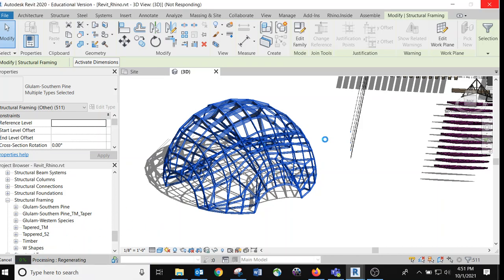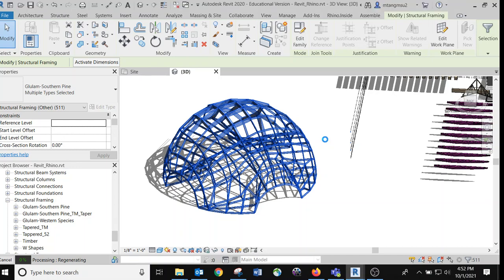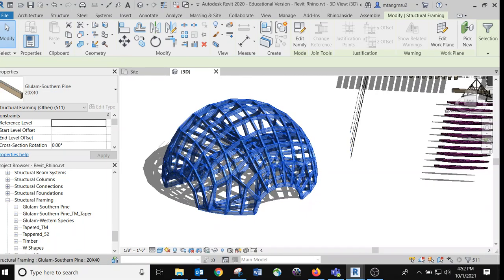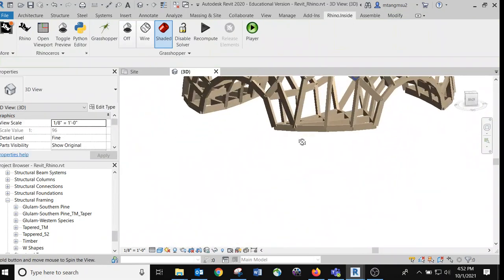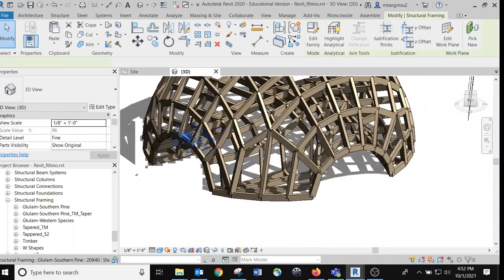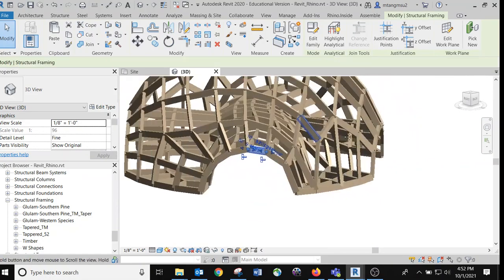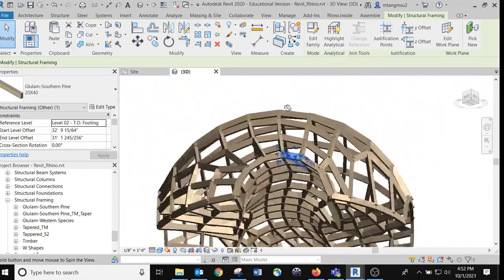How it will crash, we'll see. Actually, it doesn't crash. That's good. Here we go, bingo, right? We got this super nice frame structure directly computed through